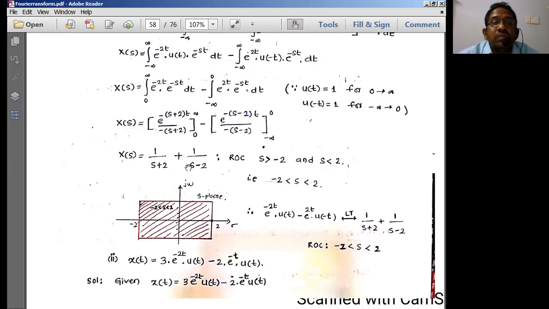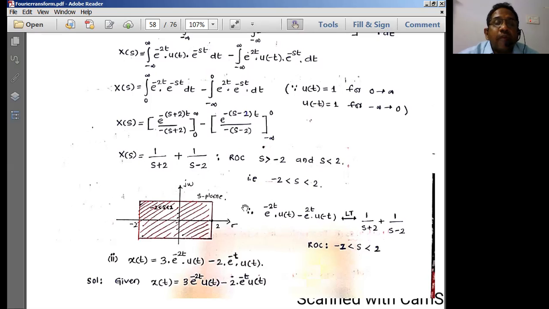Sigma minus 2, write this as less than 0. Why? Because the limits are negative limits, before 0. So I have to take limits as less than 0. That is, I can write this as sigma minus 2 less than 0. Therefore sigma is less than 2. So that means it is going to be before the 2.